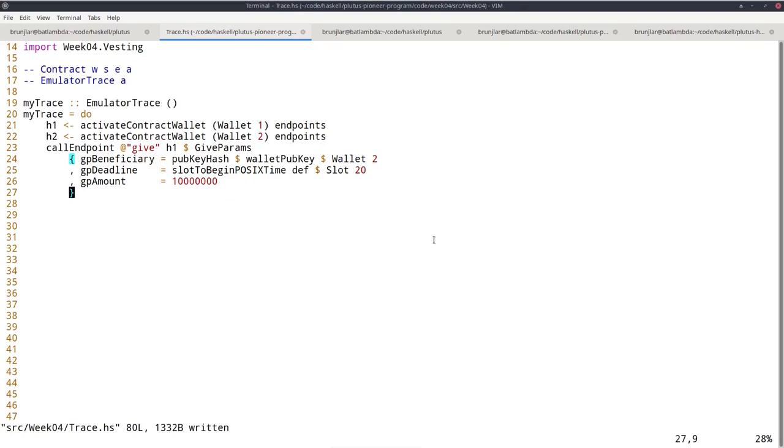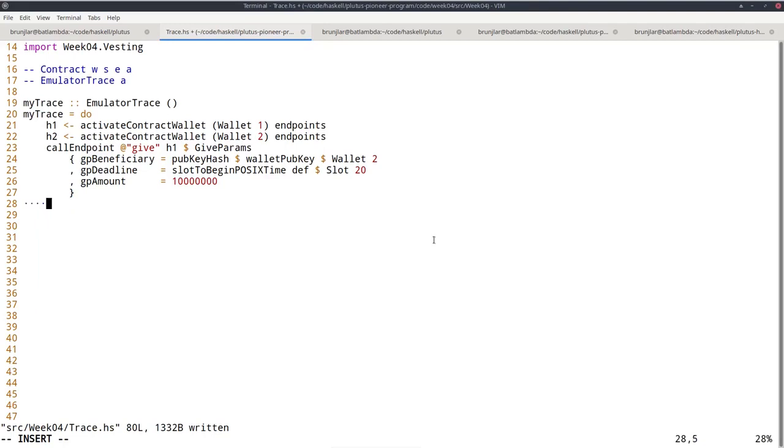Now for wallet 2 to grab it, for that to be successful, the deadline has to be reached. And another thing we can do in the trace monad, apart from activating contracts and calling endpoints, is also waiting, either for a number of slots or until a specific slot, similar to what we did in the playground as well. So that is waitUntilSlot.